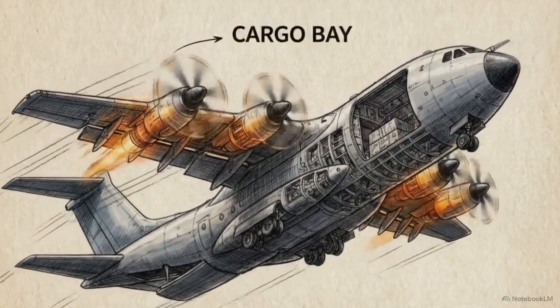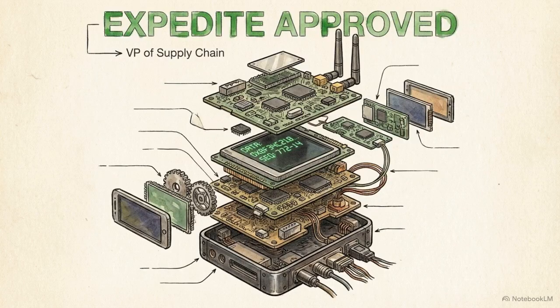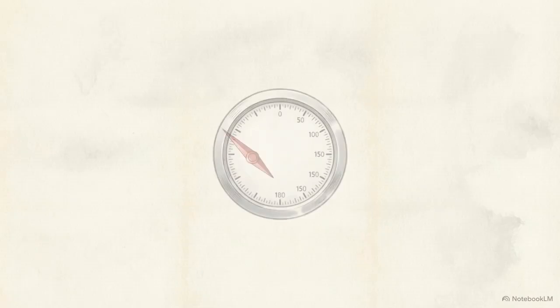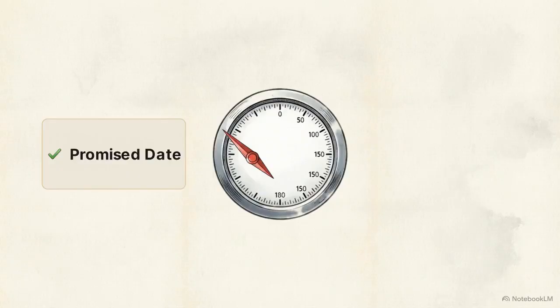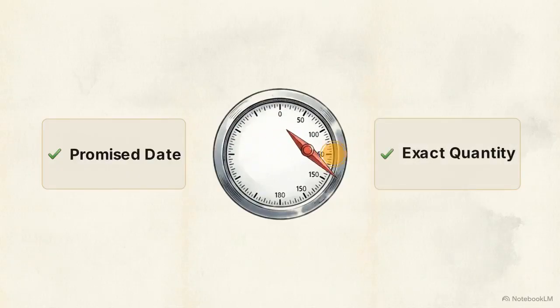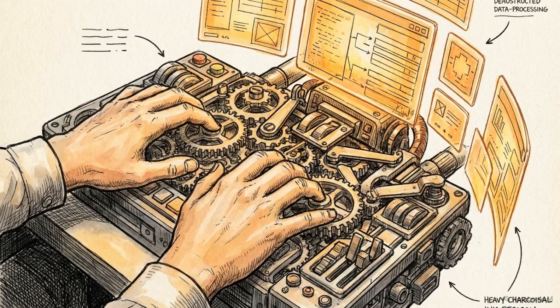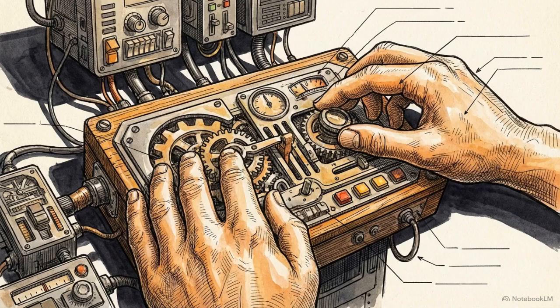It is a highly expensive lever, requiring immediate leadership approval, but it effectively buys back the lead time the supplier lost. The frequency of these costly interventions is dictated by on-time in full, or OTIF. This KPI tracks the exact percentage of supplier deliveries that arrive by the promised date and in the exact quantity ordered. Enterprise software operates on the assumption that suppliers execute perfectly. When they do not, the planner must analyze the data, quantify the risk, and manually override the algorithm to protect